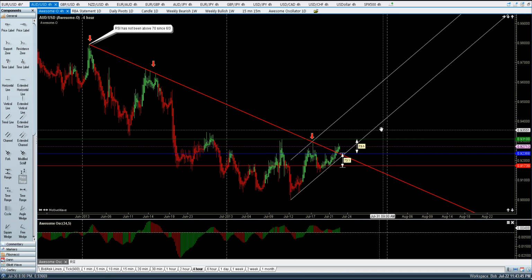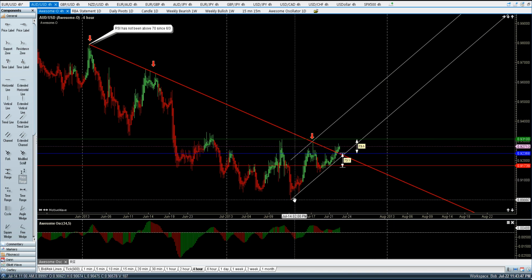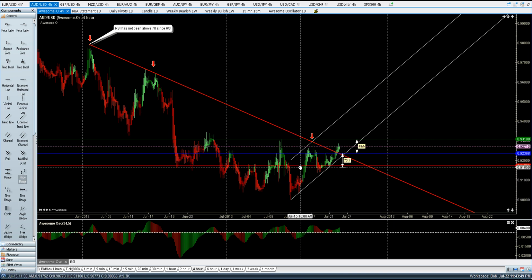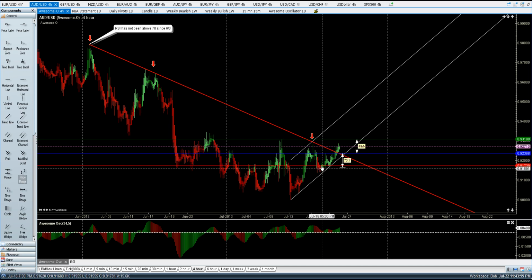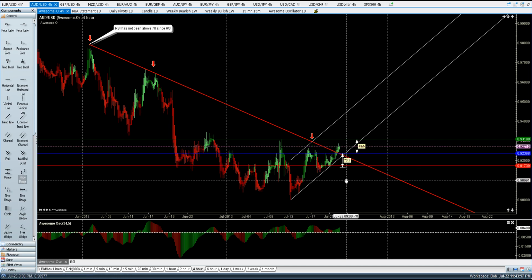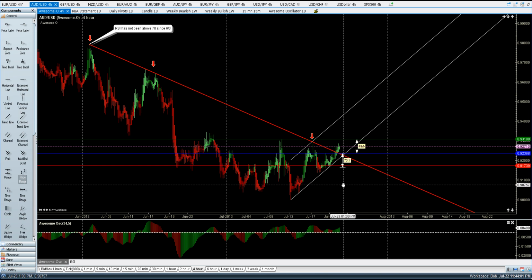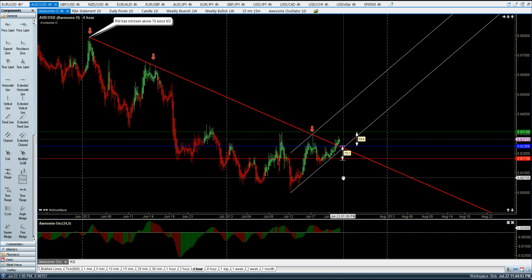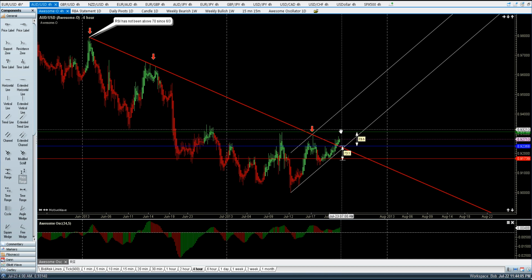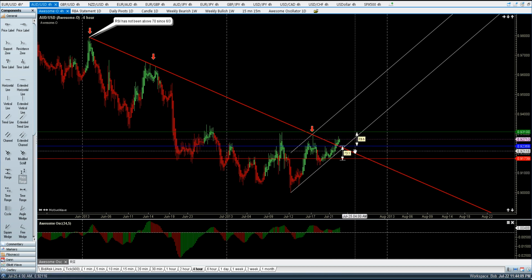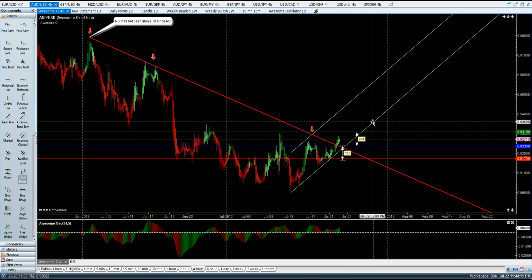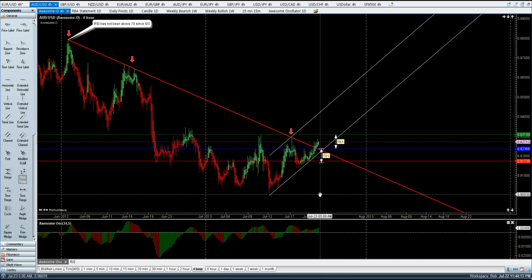We have broken above this trend line. I'm still thinking 1, 2, 3, 4, 5 for an A. But I would like to see A, B, and a C down. But I don't know that I'm going to get that. This could be some type of wave 1, leading diagonal, sloppy wave 1. We get a 2, 3, 4, 5 or something like that out of here. But